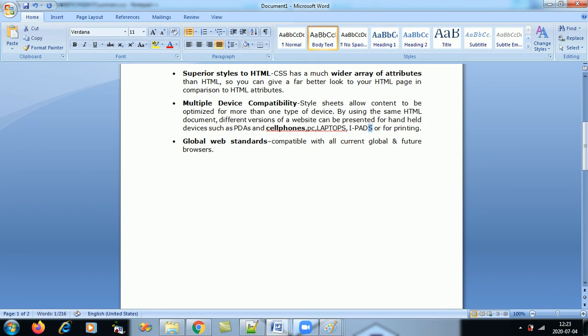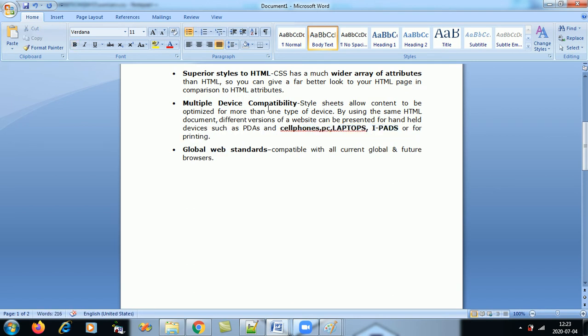All these can support CSS websites, and all the browsers, the current and the future browsers, support CSS because CSS is from the W3C. CSS is approved by the W3C.